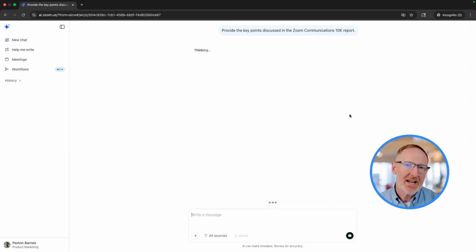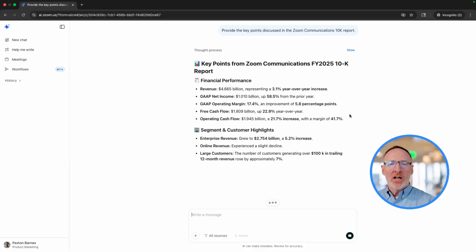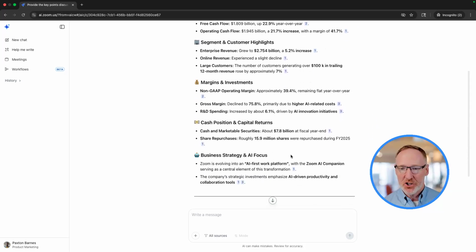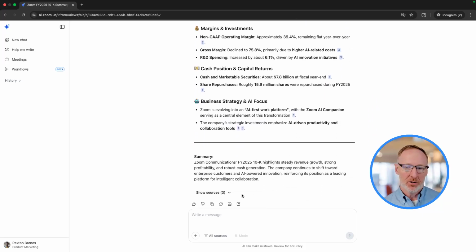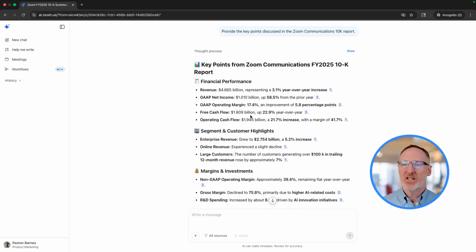So here we're going to say, what are some of the key discussed points from the latest Zoom Communications 10K report? And because it has access to the web, it can go out and find the information that it needs in order to quickly and efficiently fulfill this particular output. Now, in this case, it used three sources, three websites, in order to give summary details of